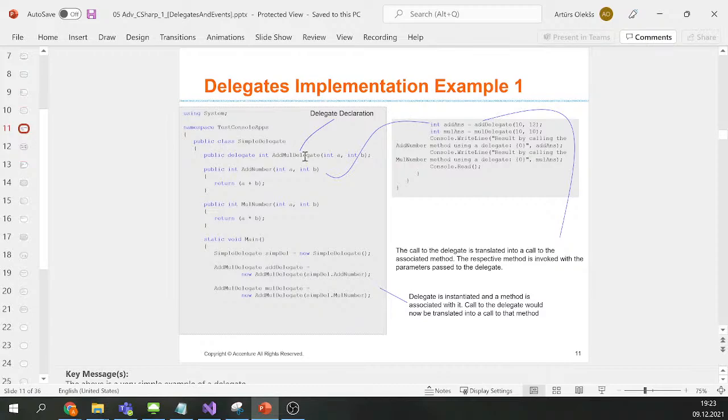So I can basically use one object function as the method for the sum or for the multiplication. So this can simply use both. So in this particular case,